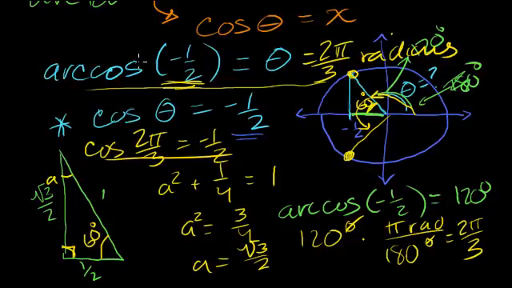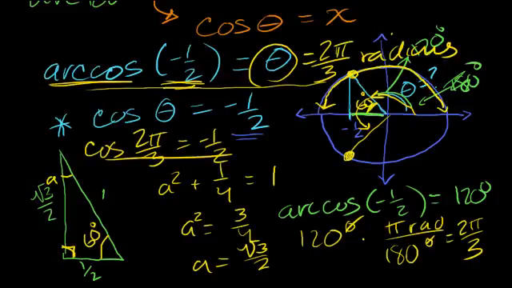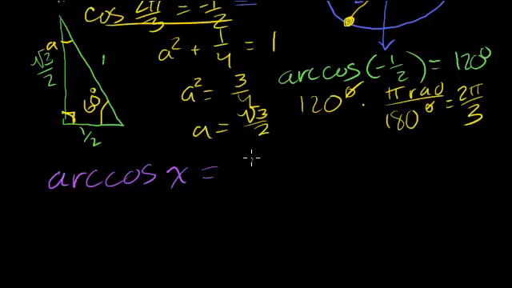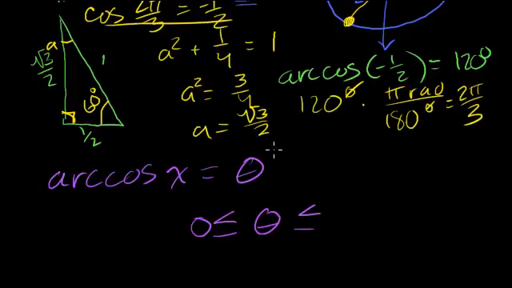So we have to restrict ourselves. We have to restrict the values that the arc cosine function can take on. So we're essentially restricting its range. And what we do is we restrict the range to this upper hemisphere, the first and second quadrants. So if we make the statement that the arc cosine of x is equal to theta, we're going to restrict our range, theta, to that top. So theta is going to be greater than or equal to 0 and less than or equal to